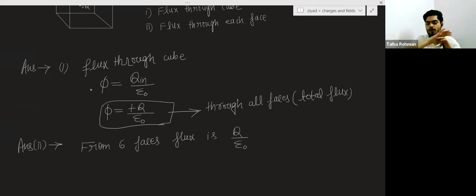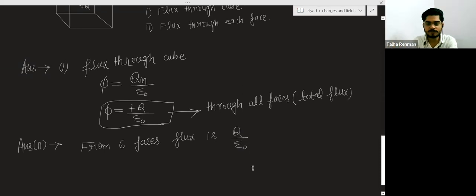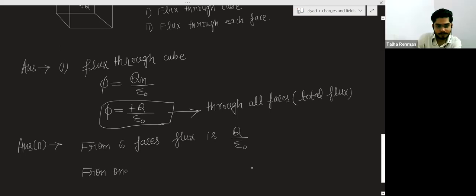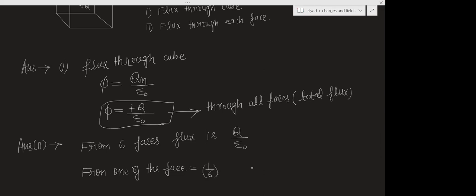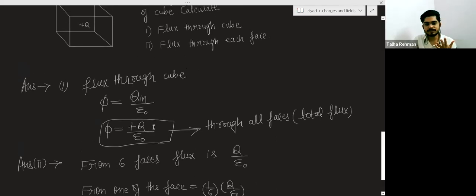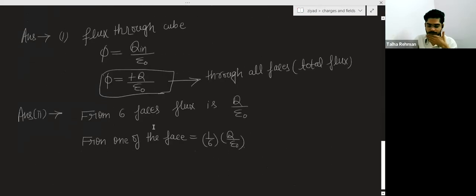If flux from all the six faces is this, and if you want to calculate the flux from one of the faces, the flux from one of the faces will be 1 by 6 of q by epsilon 0. Why? Because this has these six faces. You can imagine this like,